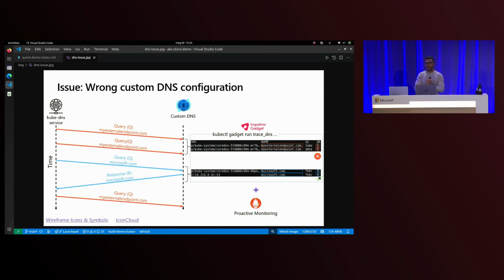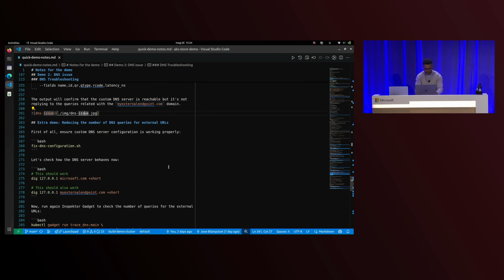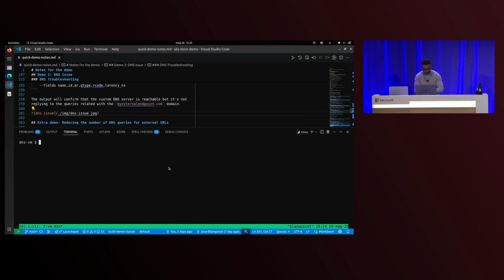So you could know in advance that something happened in my cluster, something happened in my custom DNS, and the responses with an error are increasing. And you probably will be able to anticipate those. And yes, that's all for the demo. Let's go back to the slides.